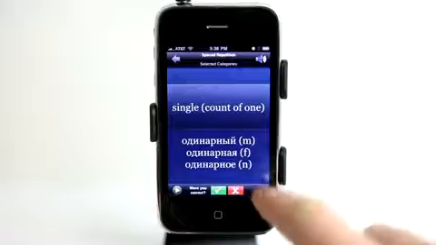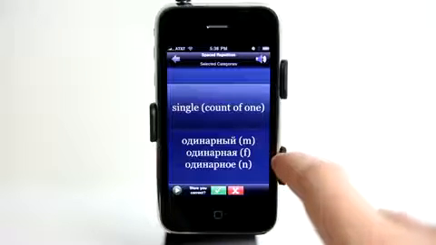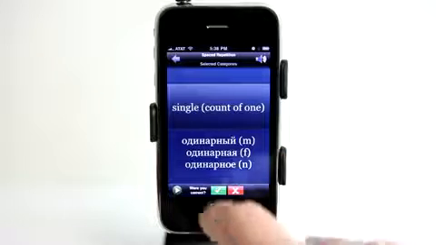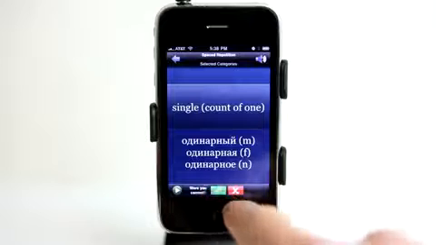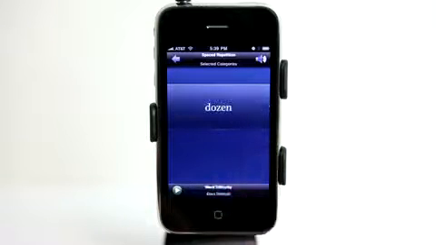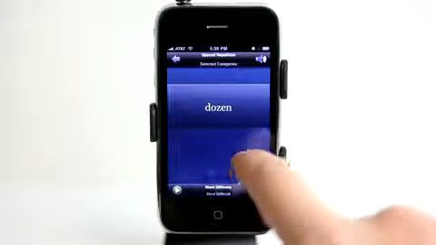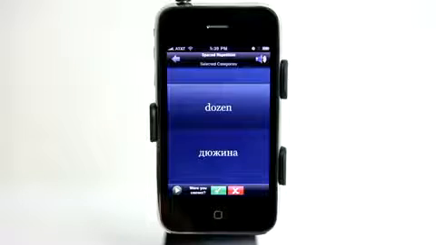Now it goes through and it reads those off, but of course I would be saying them first. And if I was correct, I would hit the check mark. If I was incorrect, I would hit the red X. So now it's given me dozen. So what I would do is say, either in my head or out loud, the Russian version translation of dozen, дюжина, then tap, and if I got it correct,